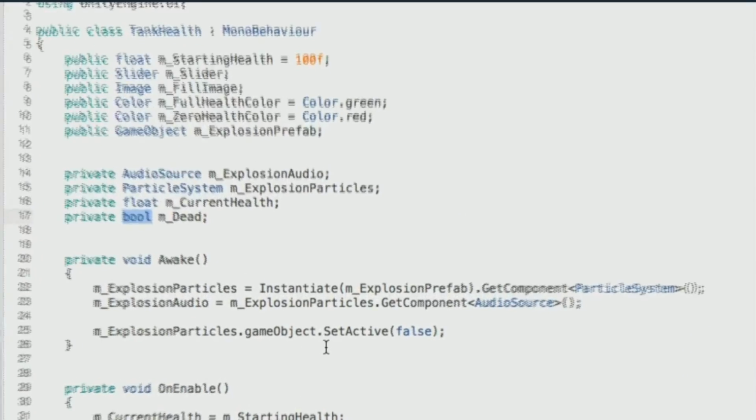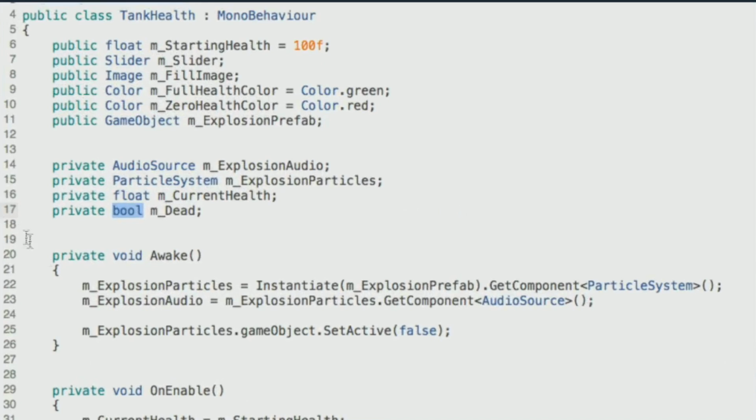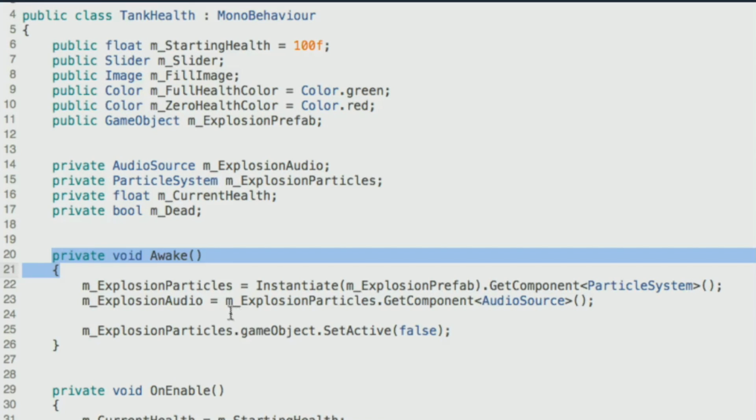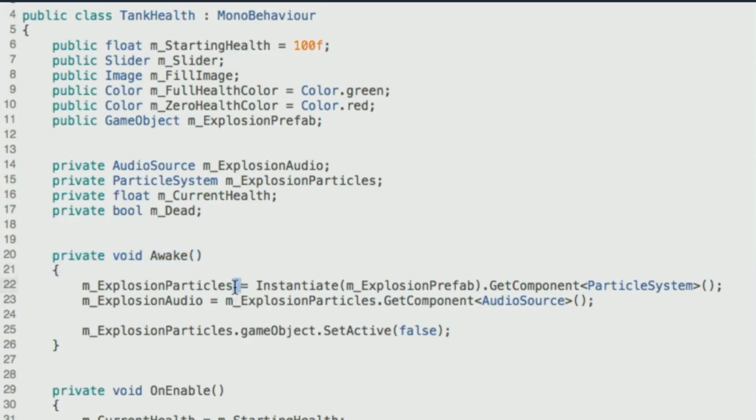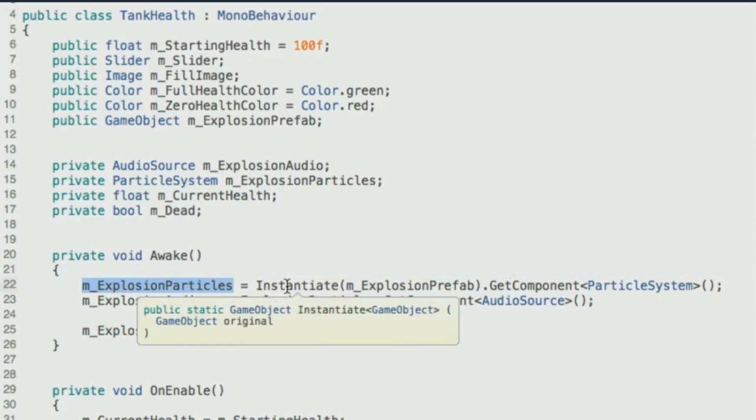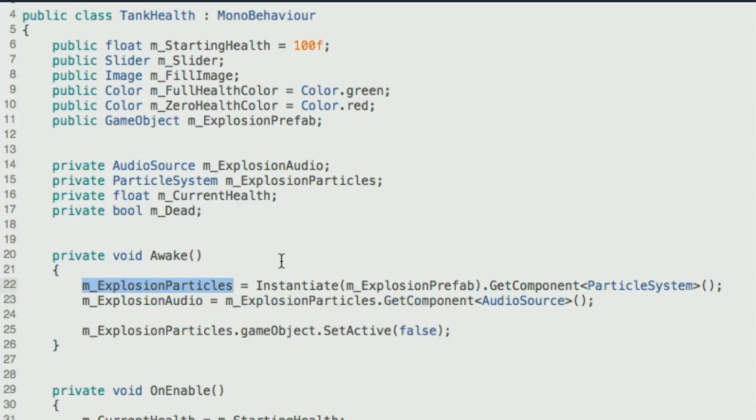Okay. Next, we've got the Awake function, and if you remember, Awake is called at the start of the game, so we want to do these things to set up what's going on for the rest of the game. So this first line is a little bit tricky, so I'll go over it a couple of times to make sure. So what we're doing is we've got our explosion particles, and we're setting that to the particle system component